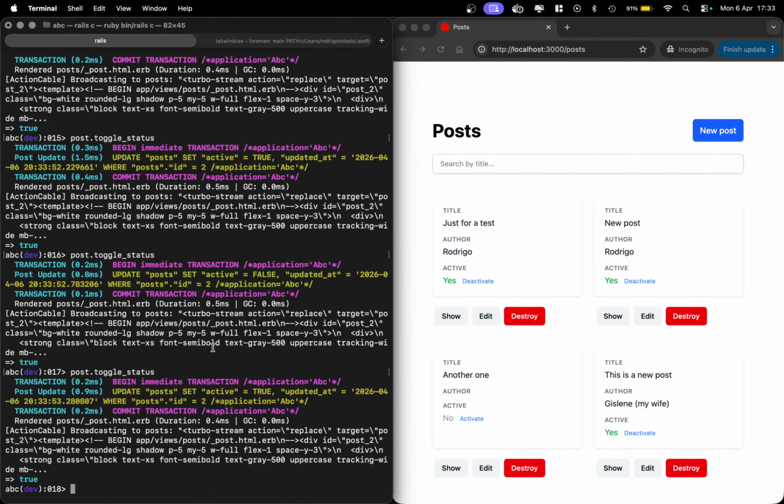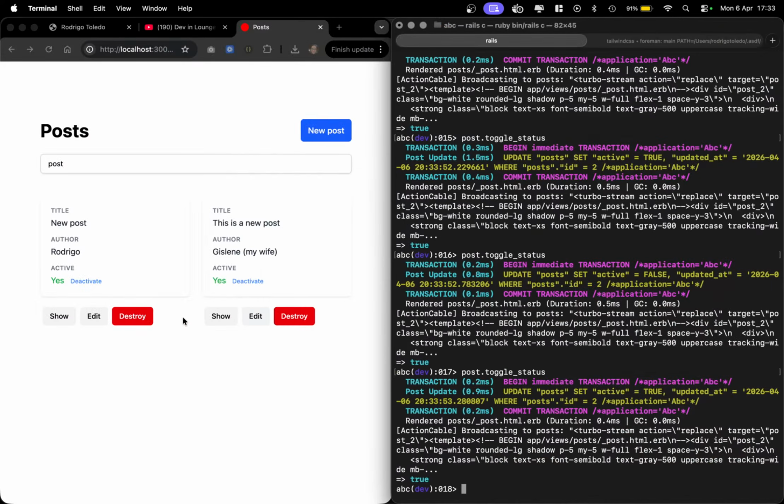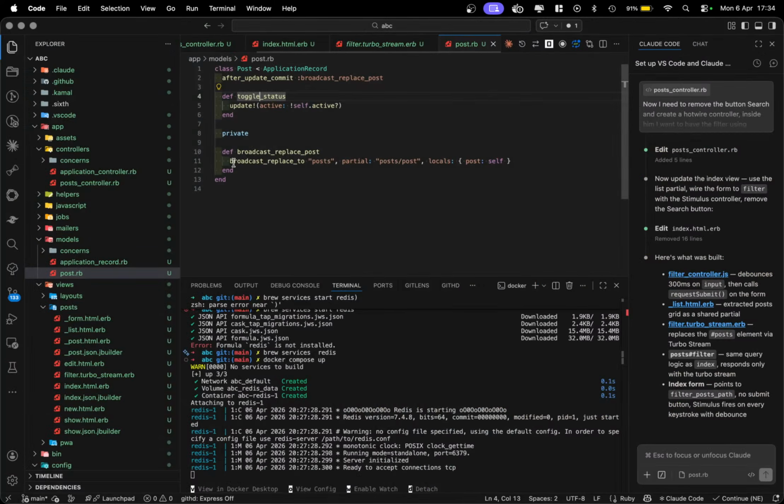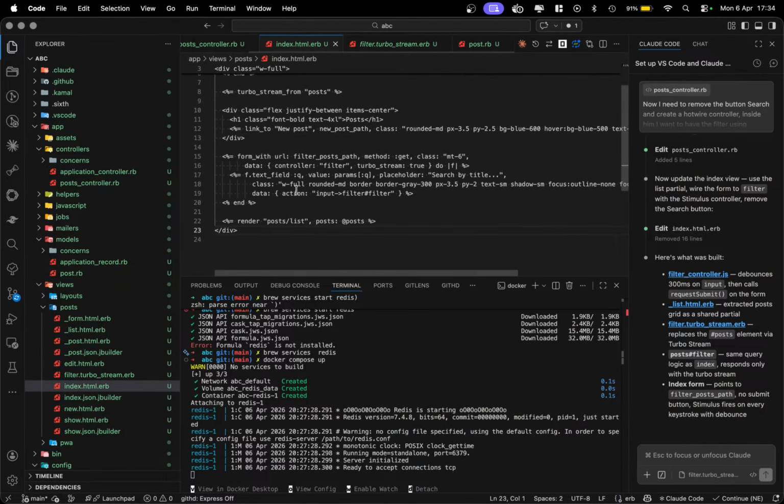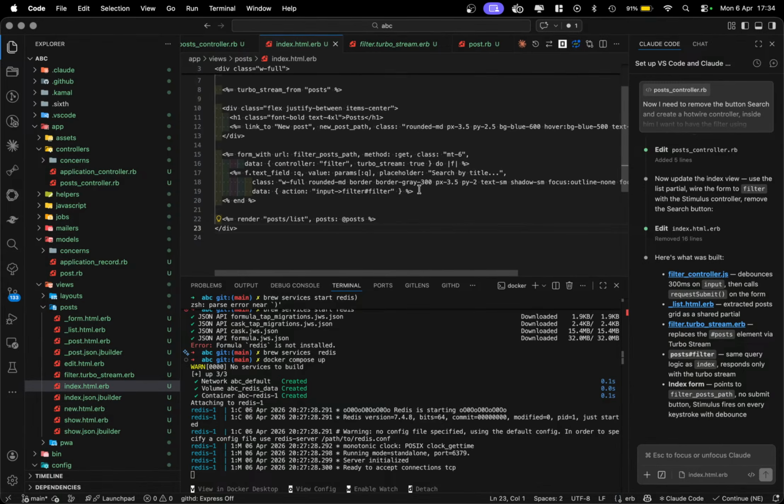The same here. From the console I can change the status without any kind of problem, but for the current user I am using the turbo stream, and here, as you can see, we have the controller